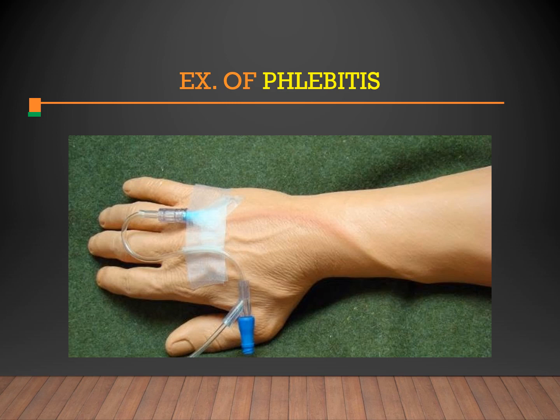This is an example of phlebitis. There's a little red streak that might be hard to see, but it's going up the patient's vein. This is irritation and inflammation along the lining of the vein. Phlebitis can readily occur in the vein as a result of hypertonic infusion and can also be a sign that leads to infection. So something to watch out for. This might be a sign that you need a new line.